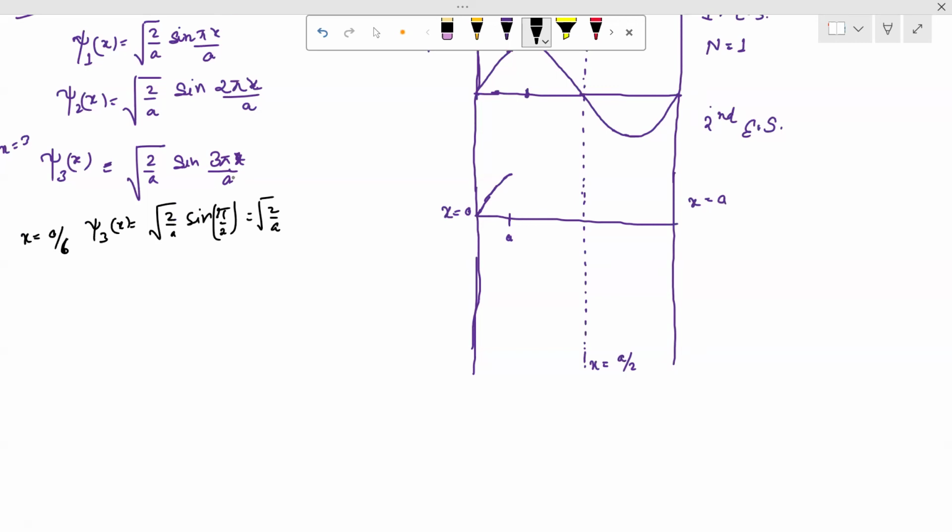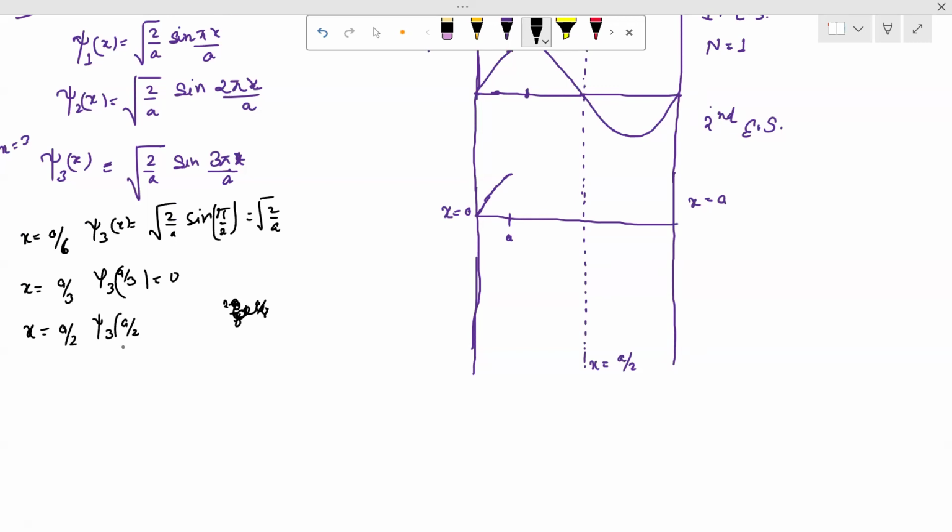Now x equal to a upon 3, psi 3(a by 3) would simply become 0. Now further, if I go a by 3 plus a by 6, this will become 6 and this will become 2. So basically at x equal to a by 2,